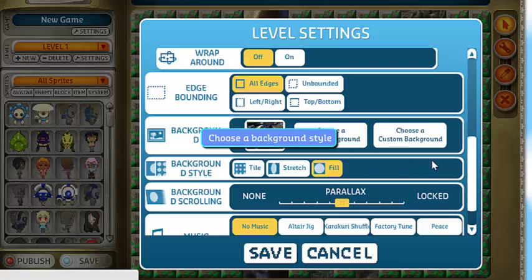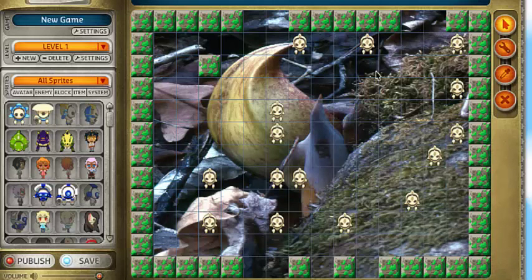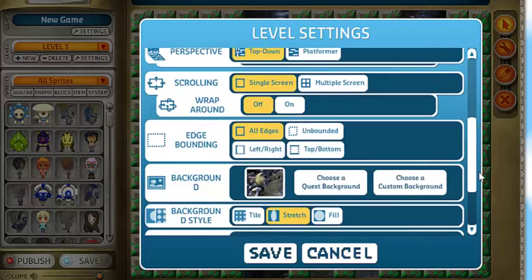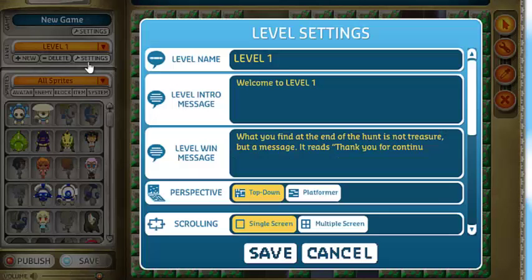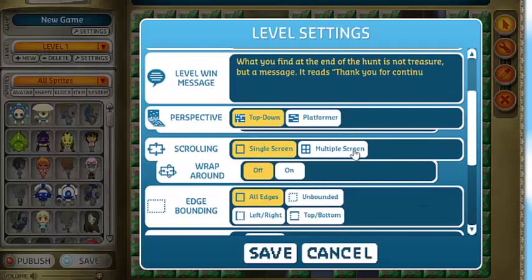We walk through talking about the tiled and stretched, so it does change what's going on with the image based on how big the image is. So this was stretched out so that you can actually see the entire image, where this could repeat the image if the image is smaller than what the background is. Right now, actually, the image is bigger than what the background is, so you're not going to see this. If I went back in and made this more multi-screen, and I will bring it all 10 by 10,